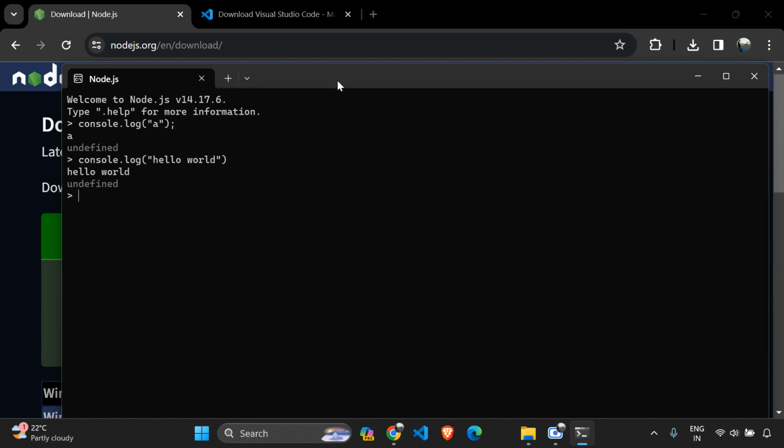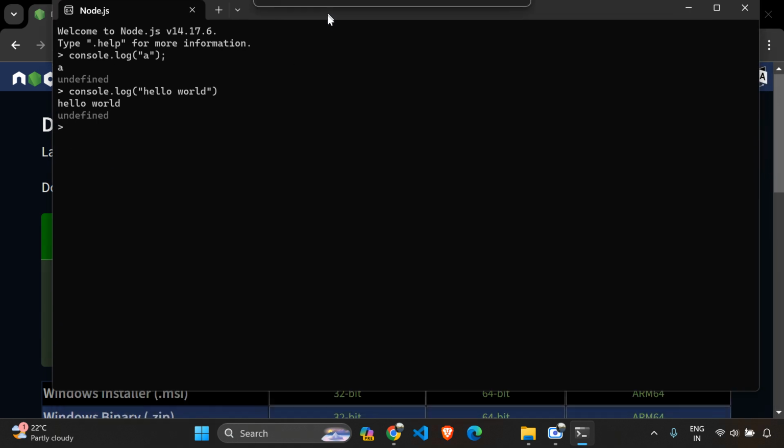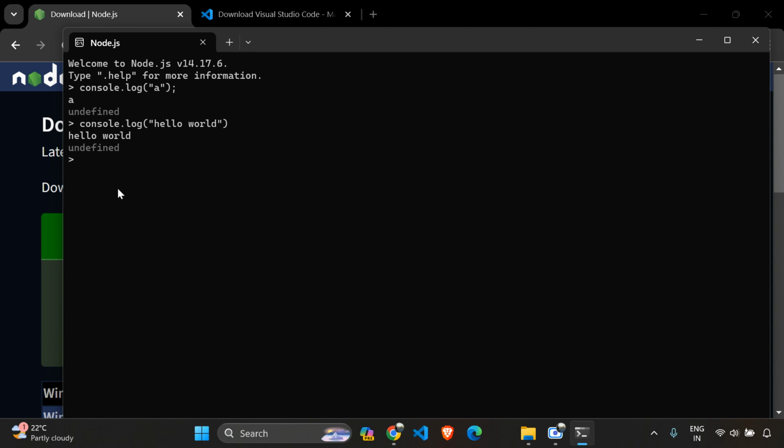Okay, so you can use this particular terminal in a similar way, but here the issue is that, let's say, consider document.getElementById. Okay, document.getElementById, you cannot get that one over here. Okay, why? Because this is the Node.js terminal and you can obtain it only in the browser.